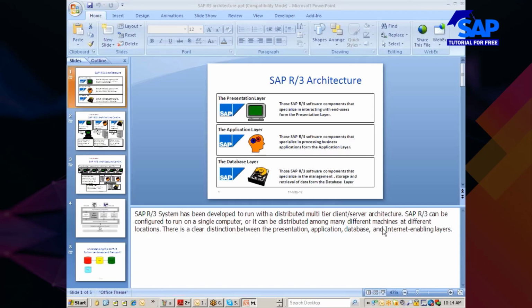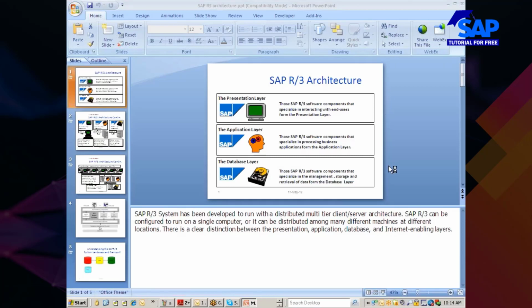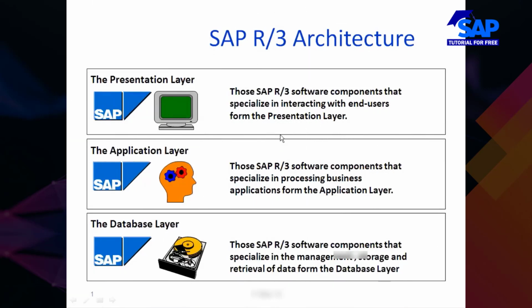Yes, this is clear. As you can see here, if I want to type something here like hi, this is what we call interaction. This is what we call end user interaction, which is nothing but user interface. So the components residing in the client layer, which is nothing but the presentation layer, are specialized in interacting with the end user from the presentation layer. Okay, there's a spelling mistake here. It's not from, it's from the presentation layer.